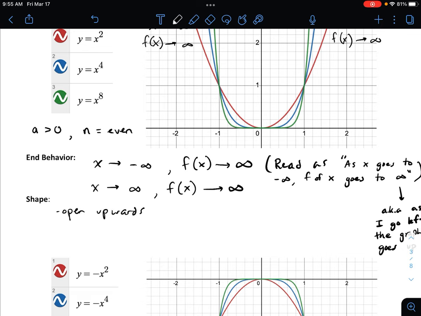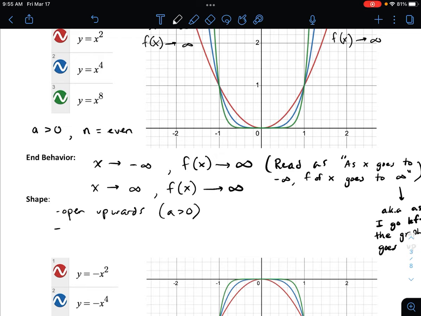All right, if we remember anything from quadratics, we know this opens up because a is positive, right? That number in front of my x squared term is positive, or in front of the x to the fourth or x to the eighth, right? As long as a is positive, it's going to have that open up curve. What we also kind of noticed, now this is not always true for all of these